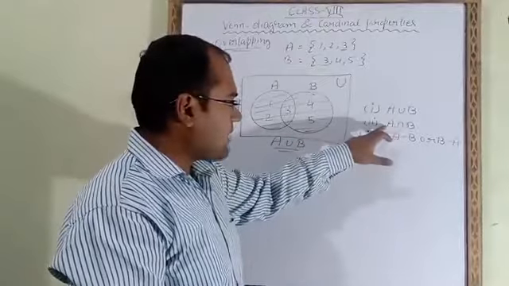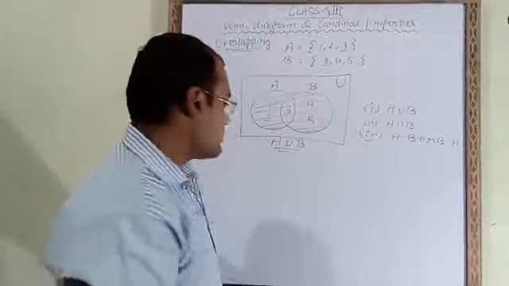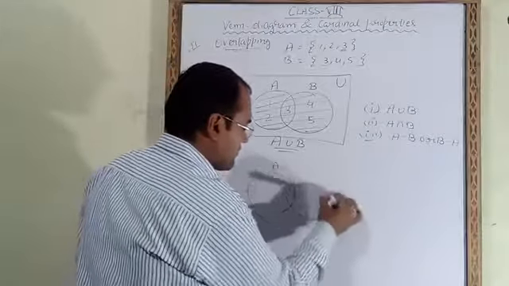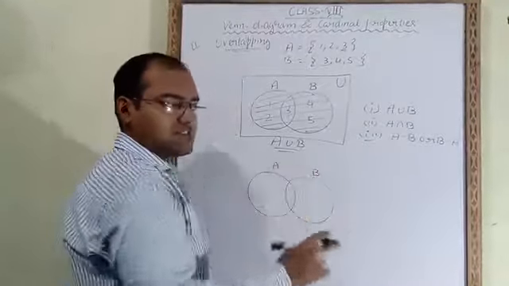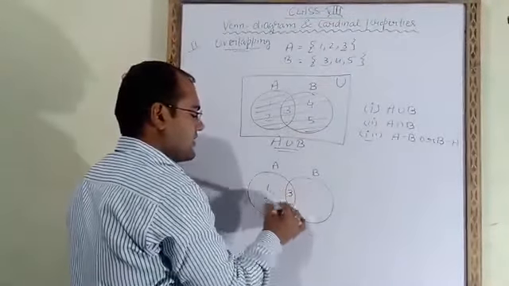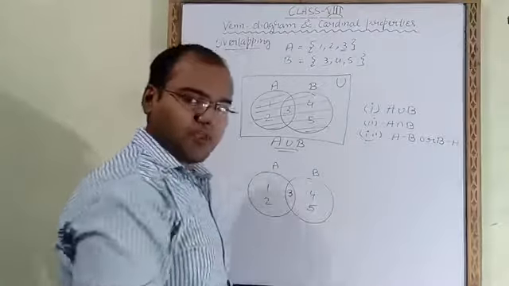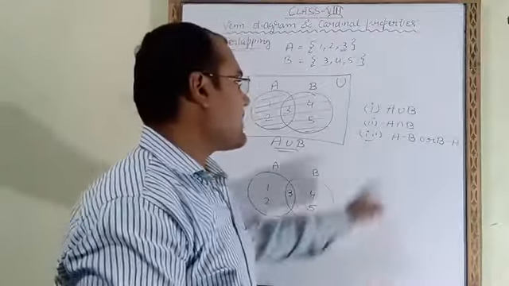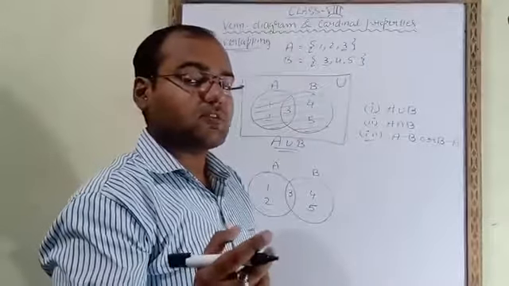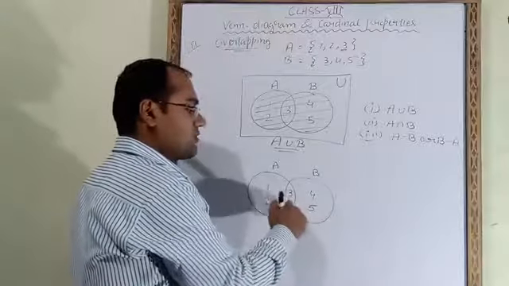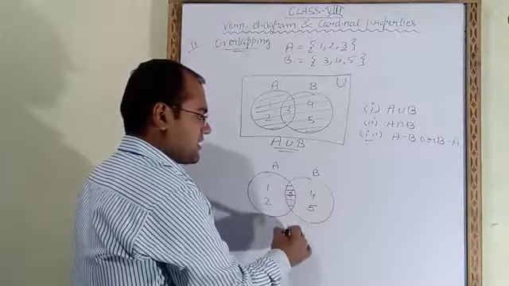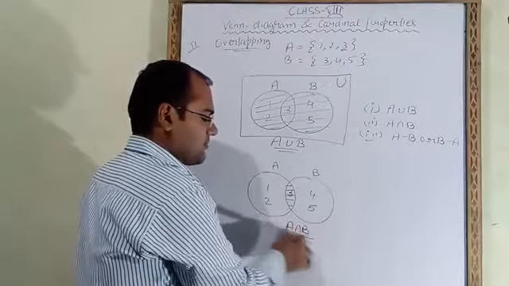Now the second part, A intersection B. So the same figure we will make, A and B. Which figure is this? This is the overlapping figure because 3 is common in both. So here we fill 3, 1, 2, 4, 5. This is the overlapping figure. Now here we have to show A intersection B by shading. A intersection means common. Which element is common in both A and B? 3. That means this much part you have to show by shading. This is A intersection B.